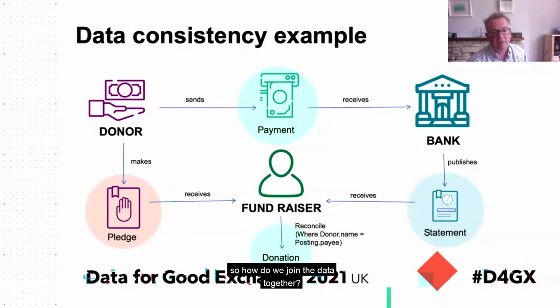So how do we join the data together? In this particular example, we're saying we've got a reconciliation where the donor name has to be the same as the posting payee. So that should give us a join to then know how we can bring these two things together. And so if we just go to the next slide,